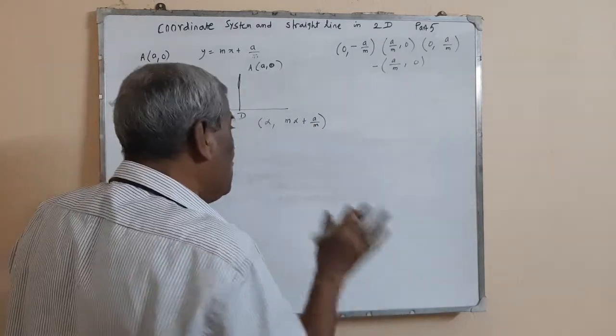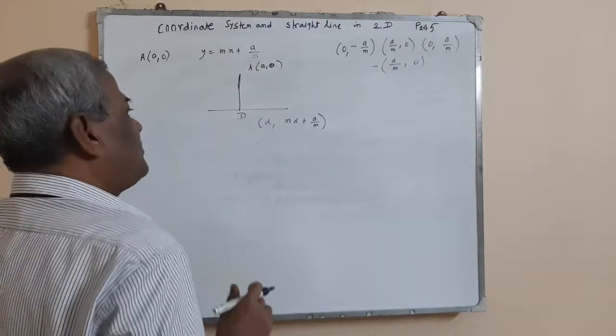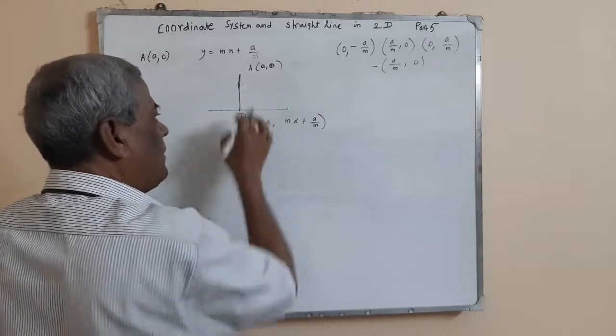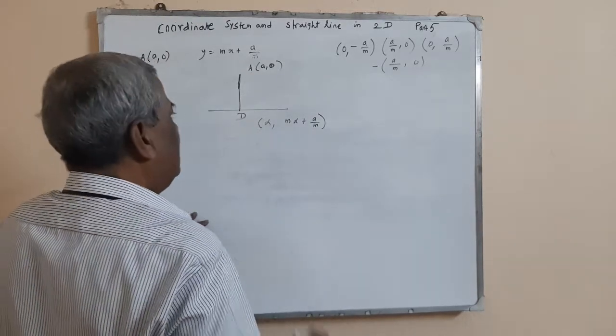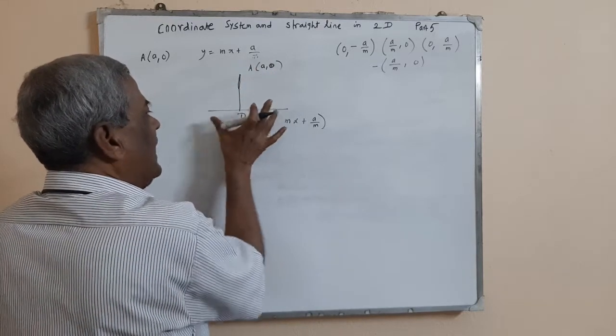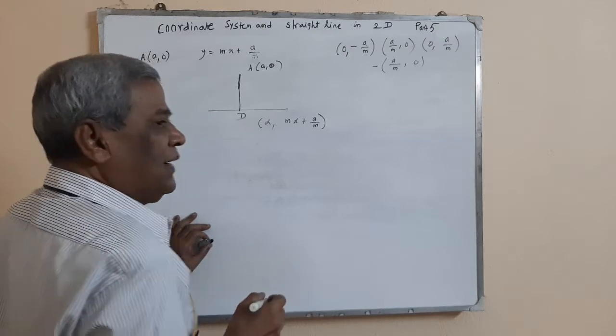For all values of alpha, it lies on that line. Now we assume that this point is the foot of perpendicular. Then the product of the gradient of this and the gradient of that must be -1